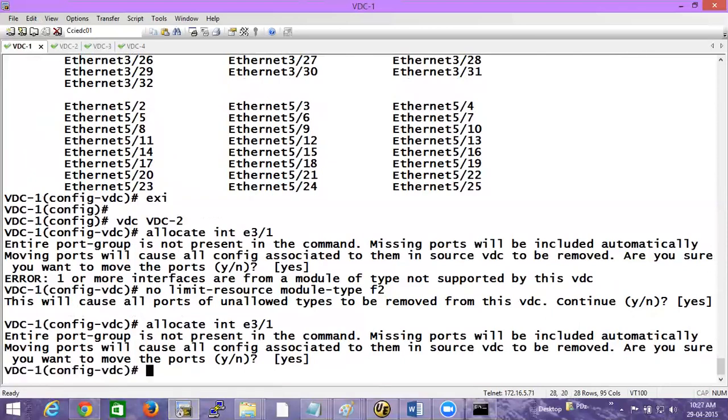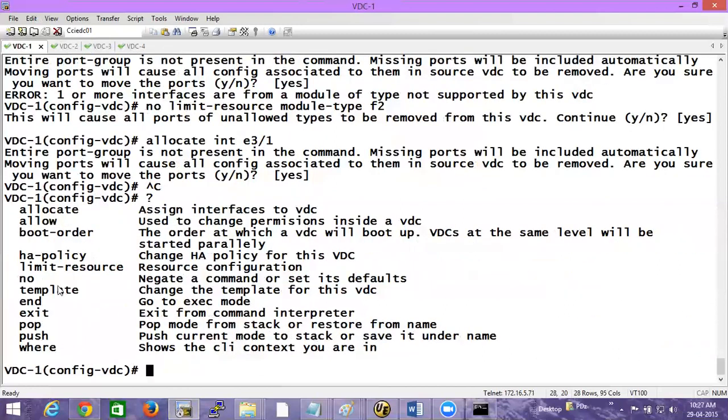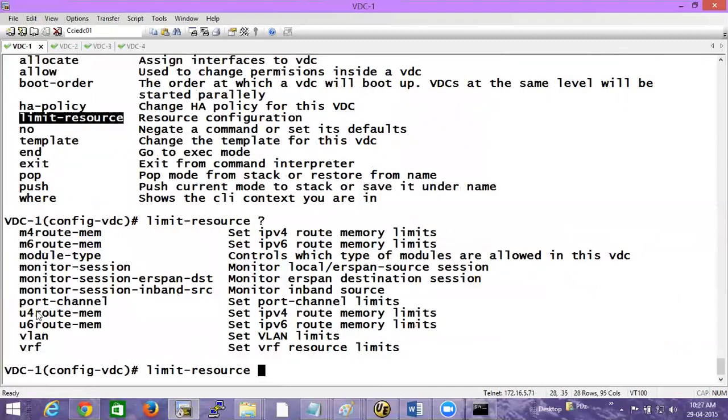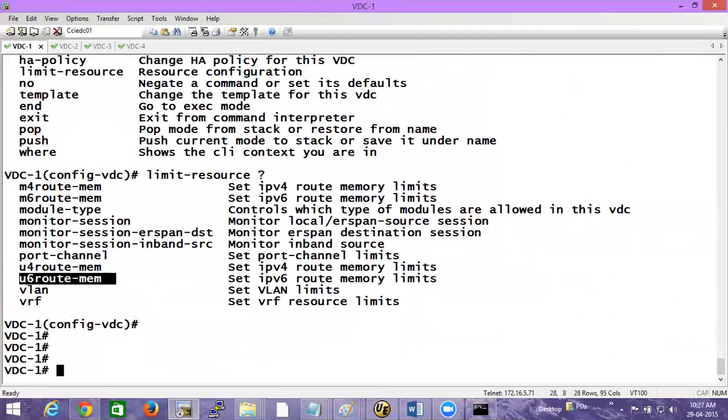So be careful with this as well. Let us give question mark. So limit resource, you could do module type, you could do other things like your version 4 route memory or version 6 route memory, right? Yesterday you wrote a command. Do you remember that command to estimate the number of routes we can have? What was the command? Show